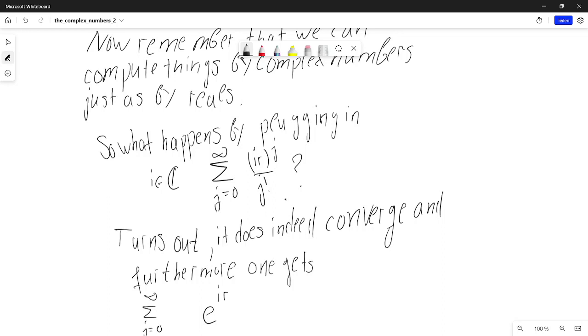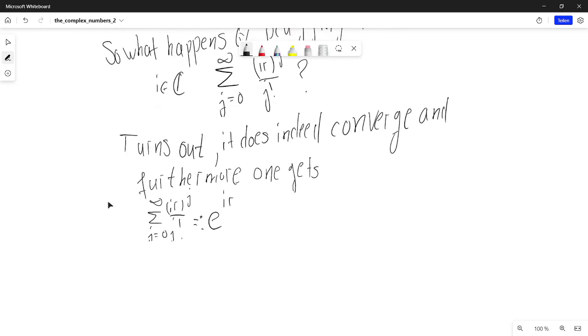And now it is not taken to the power in any sensible sense, but it is simply defined as this sum. One gets